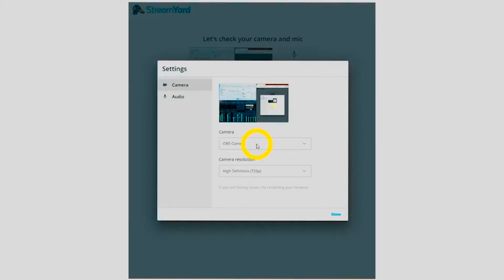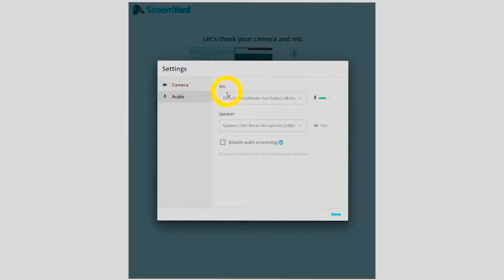Streamyard is the browser-based software that you can have multiple streams going to the various different outputs, all coming from